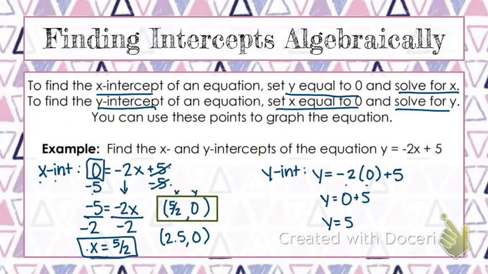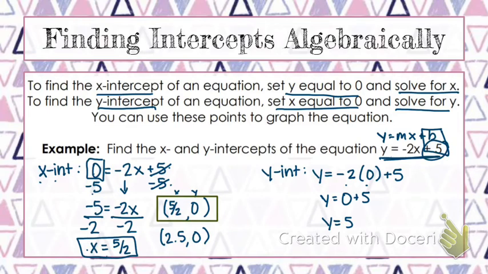And I don't know if you remember, but whenever we did slope-intercept form of a line, that slope-intercept form is y equals mx plus b. And that's the form this equation is in, and b is equal to our y-intercept. That's what b represents. So we really technically could have just looked at this equation and said, oh, the y-intercept